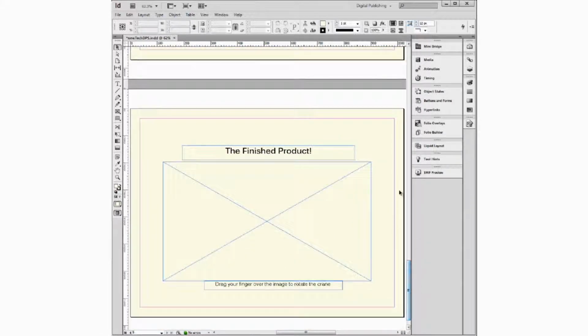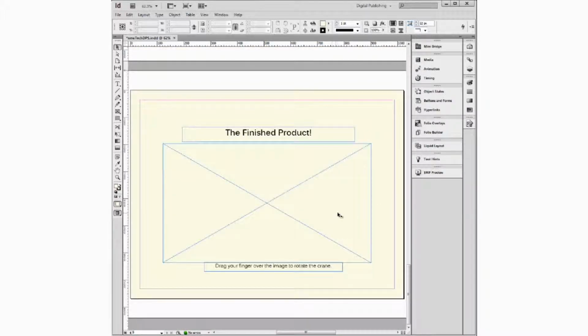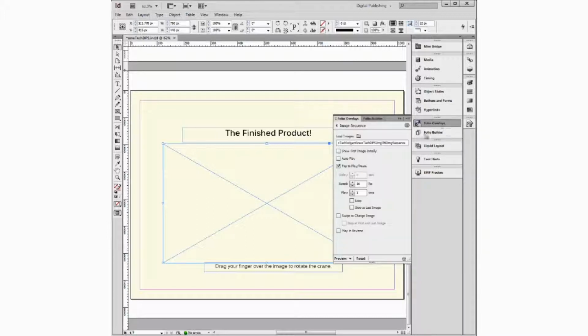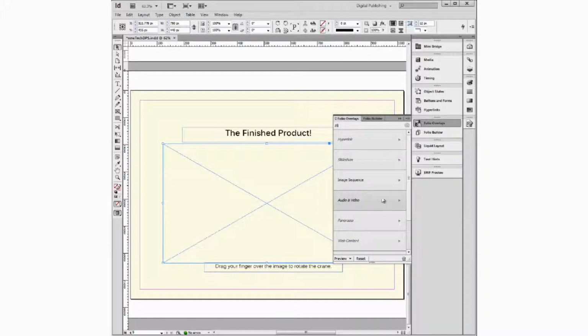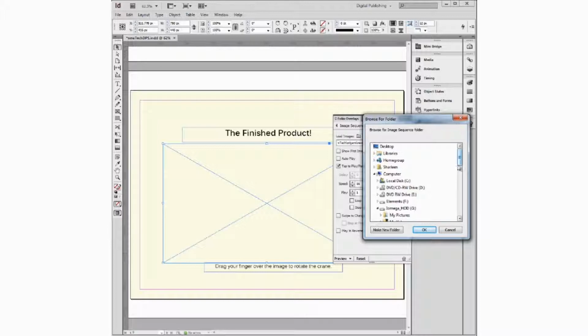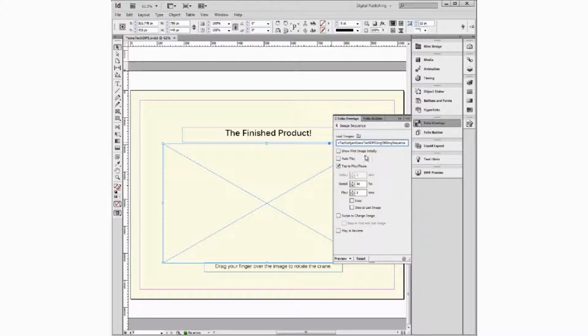Now I'll show you how to create a 360-degree image sequence. For this element, you will need at least 35 photos, one photo for every 10 degrees the model is turned. Create a frame, select image sequence in your Folio Overlays, load in your images, so make sure you've got all your images in the one folder, click OK,